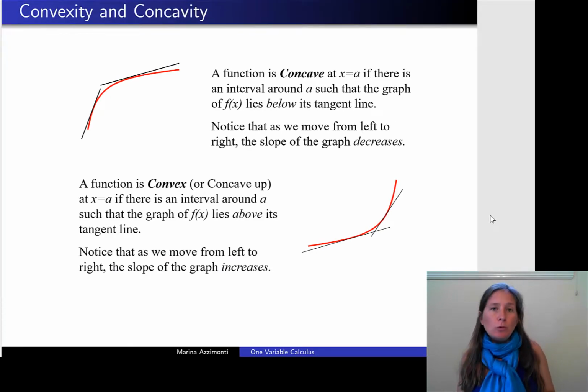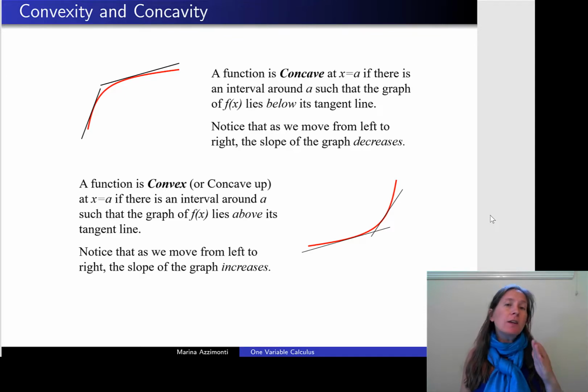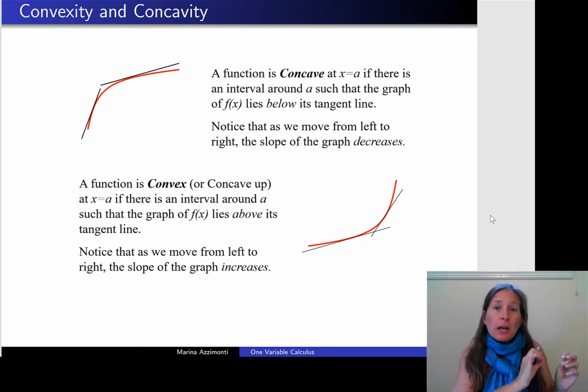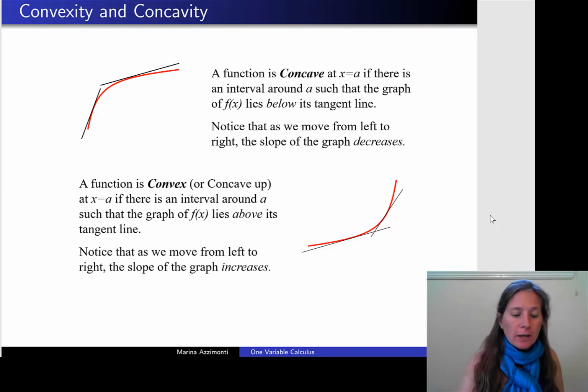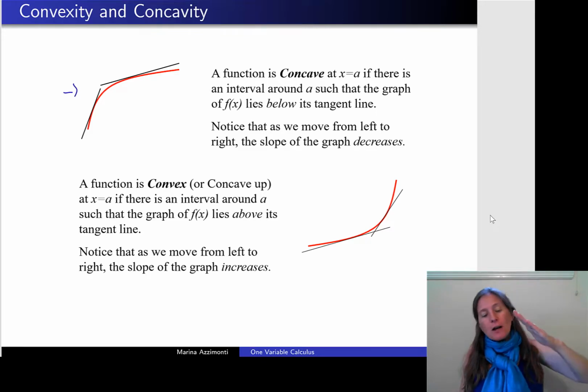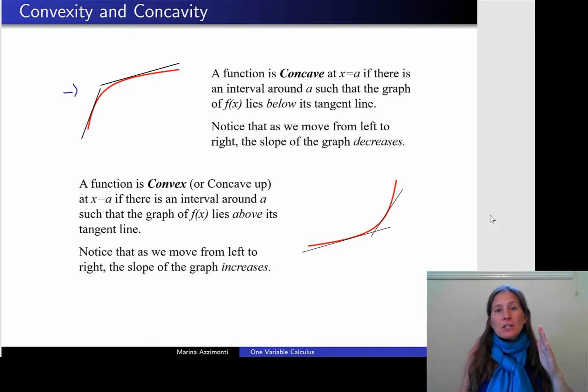Another thing we sometimes like to know is whether a function is concave or convex. And again, derivatives can help us figure this out. So let's look at a concave function, and let's look at the derivative of that function at some point x equal to a. Now, one property of a function that is concave at point a is that the tangent is going to be above the function, as in this case here. So when we have a concave function and we plot the tangent, the function always lies below the tangent line.